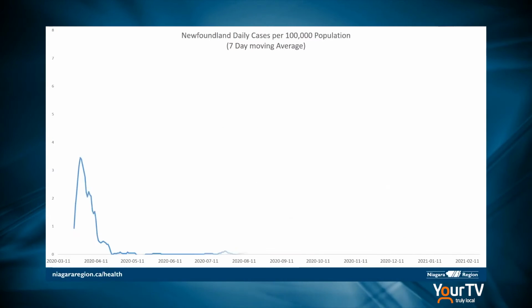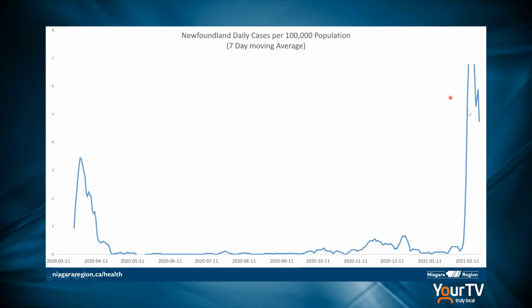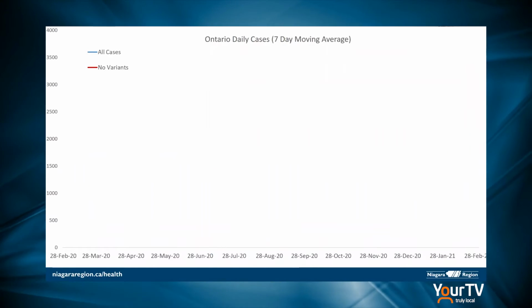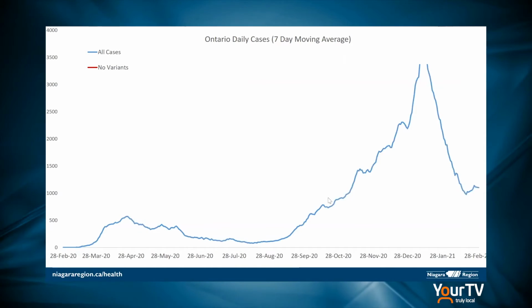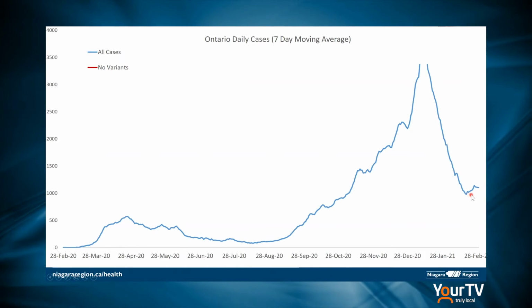Most notably was the example I showed with Newfoundland here, but we're also starting to see small upticks in some of the other provinces. If we take a look at what's happening with daily cases here in Ontario, this is really the pattern that we are seeing. I pointed out last time that we were just starting to see a little bit of flattening last week, and we're very much seeing that that has flattened out,